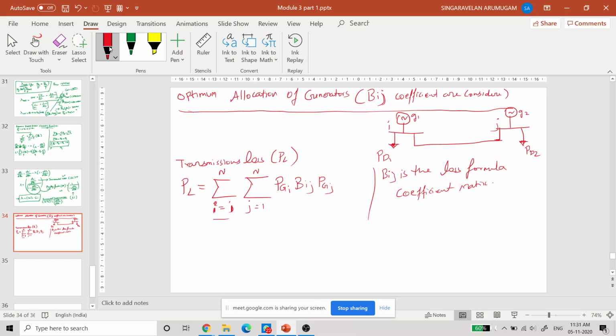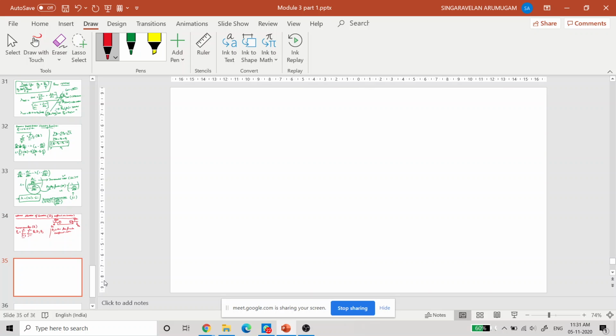Okay. So next we need to think about, so we have taken a two bus system, say this is bus number 1, then this is bus number 2. So I'll go to a new slide. Therefore we need to find out the losses for the two bus system. So for the two bus system, this PL can be expanded as